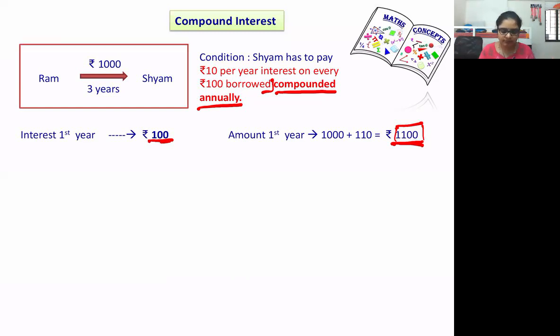Tell me some name. Let's consider Raju. Ram would say, I would have given this 1100 rupees to Raju at a 10% rate of interest. If Ram had given this amount to Raju at 10% rate of interest, he would have got 110 rupees as interest.